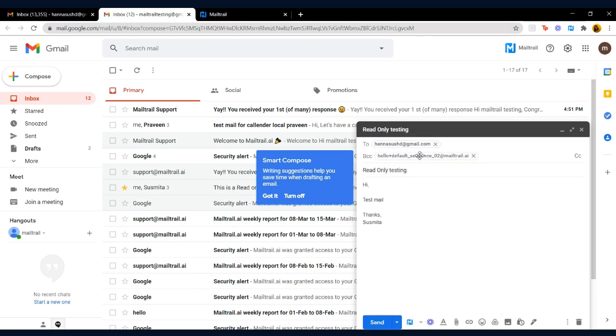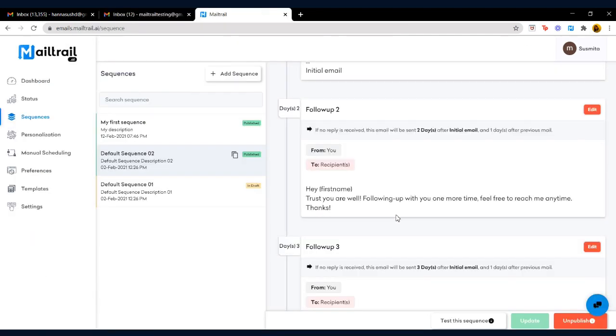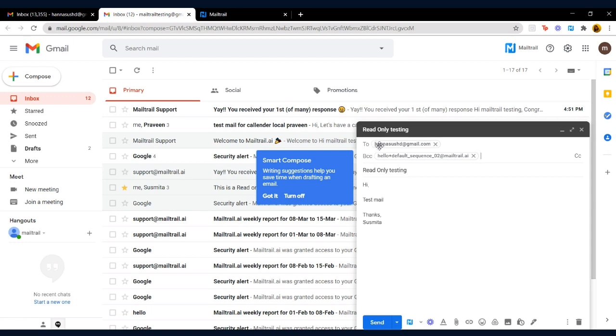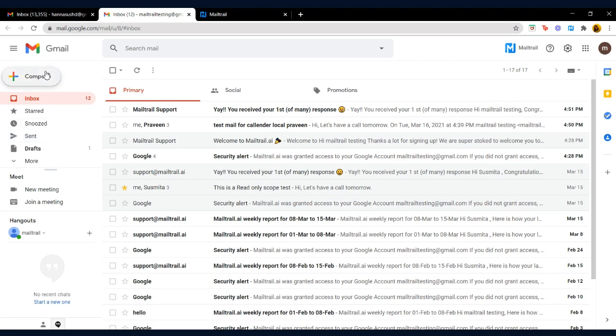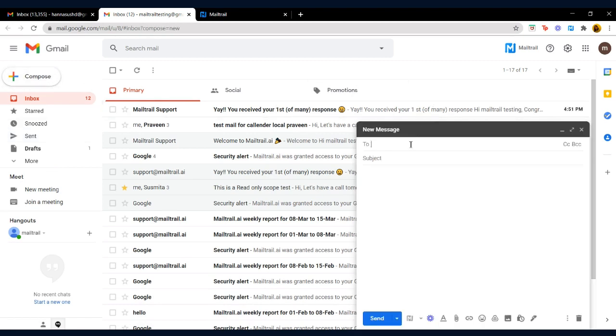And here we can figure out by the BCC email, which we add to keep track that this is getting attached to it. And we will send the follow-up emails in this sequence to this email ID. The user doesn't have to write anything after this. This is the only time the user will write an email. Now I will click send as usual, the normal sending method. Now it's sent.